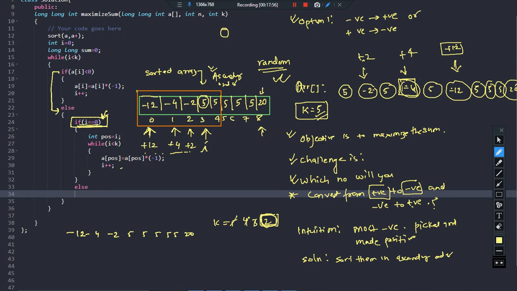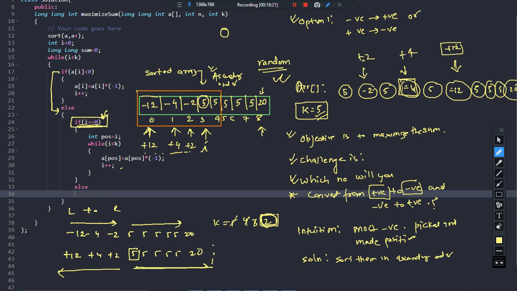So now you see this is increasing from here, right? It is increasing, means left to right, you can see it is increasing. But after you converted it into positive numbers, it became +12, +4, +2. Now you have 5, 5, 5, 5, 5 and 20. So this is, you can say, the midpoint, and from here it is increasing, and from here also it is increasing, which means this is also the smallest element from this entire set, and this is the smallest element from this entire set.